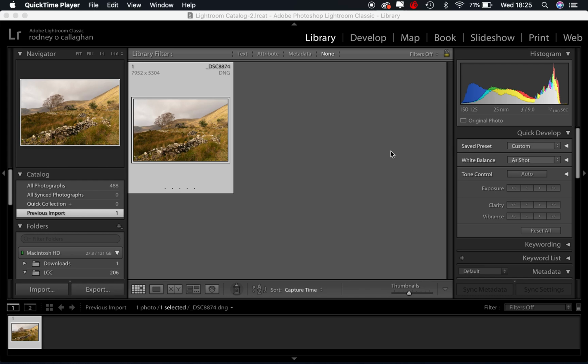Basically, Lightroom is what we call like a photo manager. It allows you to manage your images within a library, and as you can see, we're in the library mode here. It then allows you to develop your images, and it has a develop mode. Basically, Lightroom manages your photos that are on your hard drive. But to manage your photos, you have to import them in, and you have to basically tell Lightroom where they are. So just very simply, you come down here to import,